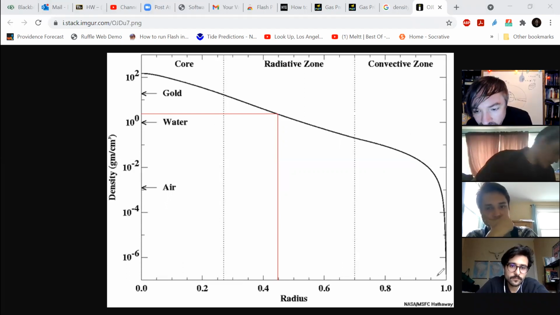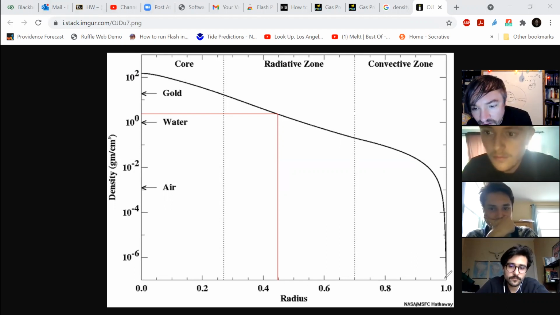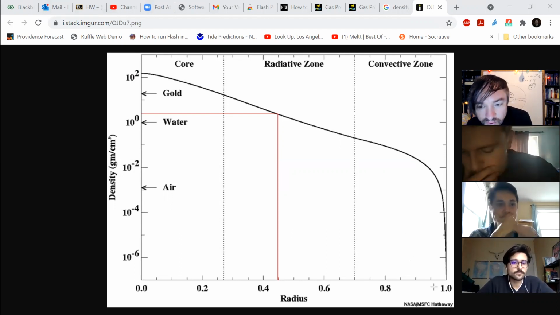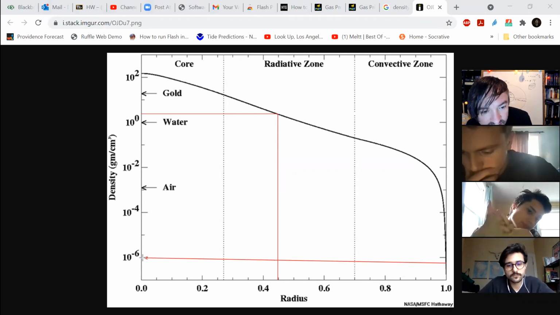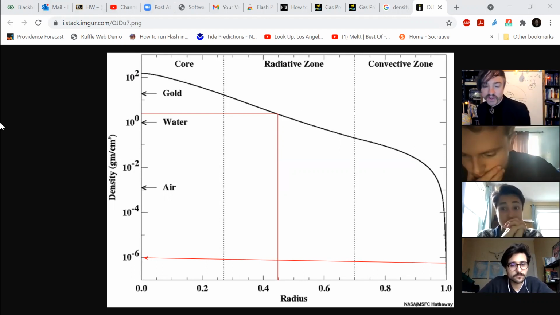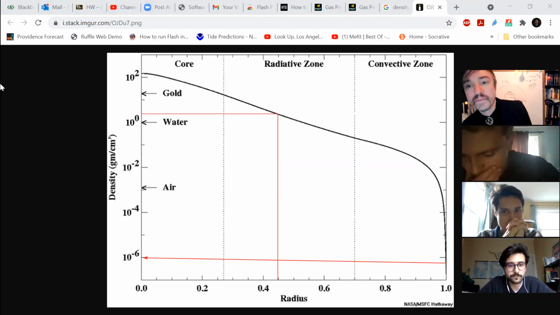Now, out here, we're at the edge of the star, where the radius is measured in solar radii, right? So we're at 100% of the sun's radius. Let me get my arrow tool. And we can see that the density is something like 10 to the minus 6 grams per cubic centimeter. That's pretty tenuous. The air in this room,